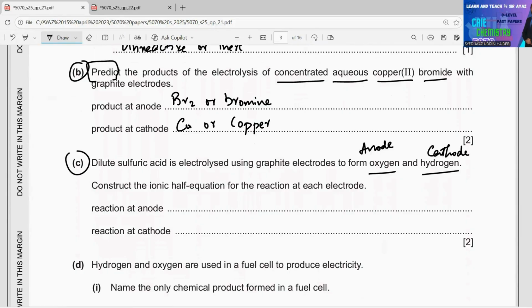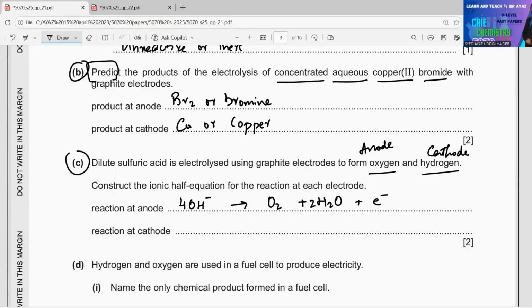So for the anode, reaction at anode, we have hydroxide ion, that's OH negative ion. It loses electrons to form oxygen gas, which is O2, along with water, H2O, and loss of electrons. So let's balance this equation. We have two oxygen, and one oxygen attached with hydrogen in water. So you can straight away place 4 here and place 2 before H2O. Now these two are balanced.